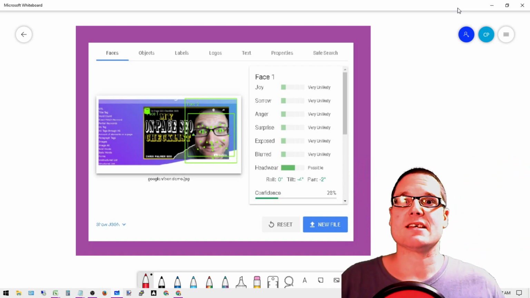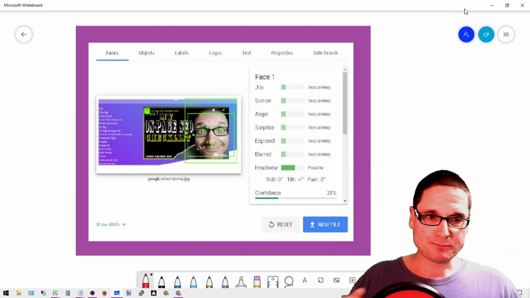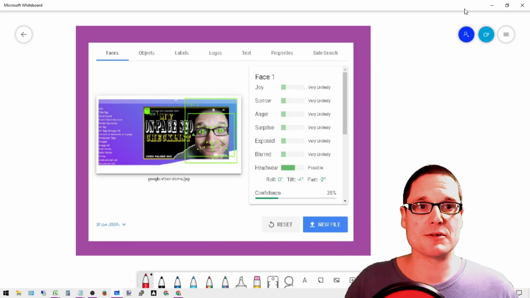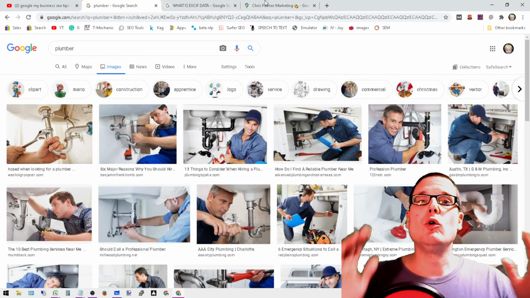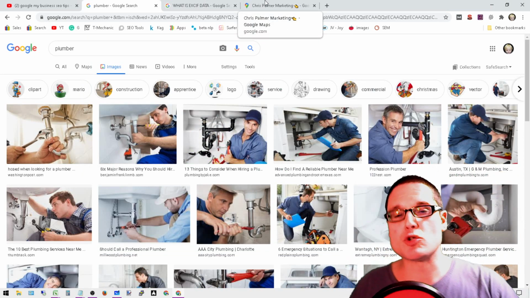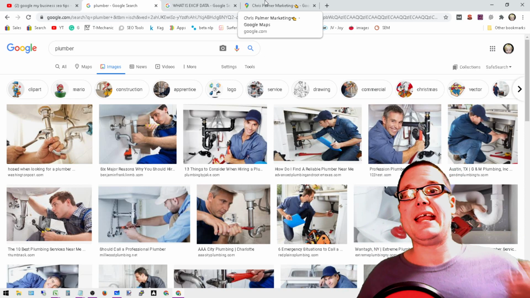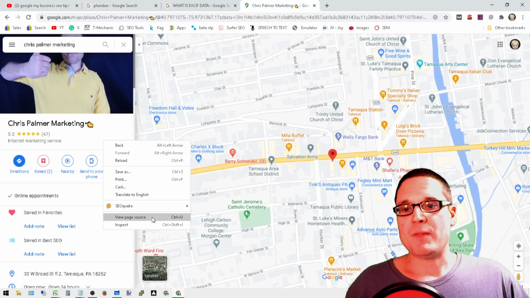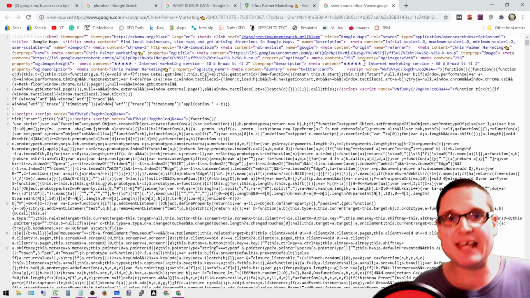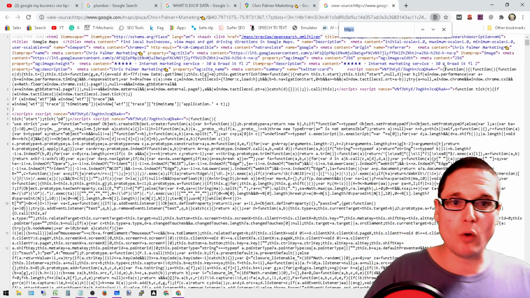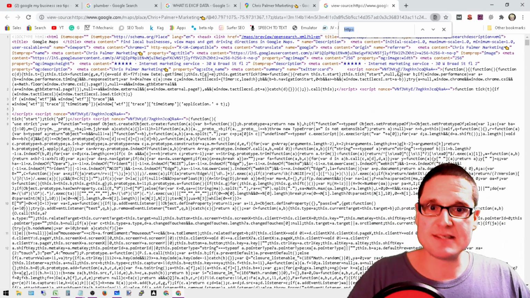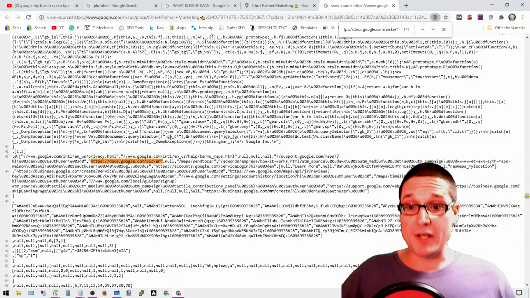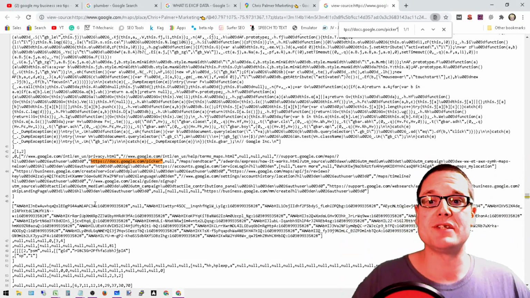So the next thing is this. If you have a lot of images, it's very safe to say, store them in your accounts. And the reason being is Google is actually putting this inside of the source code. They are reading it. They are looking at it. And how we know this is if I pull up my business and I right click and I go to view source code and I take a look at what's in the source code. If I do a Control F and I paste this in, I already went ahead and did it. They're utilizing something within the source, it's built in, that's called the docs.google.picker.